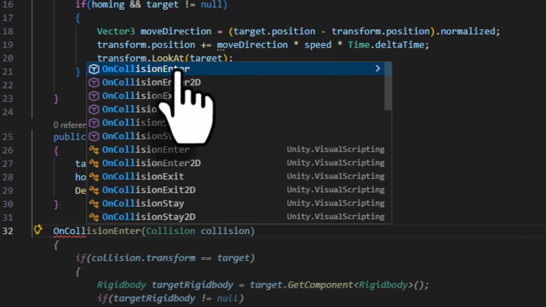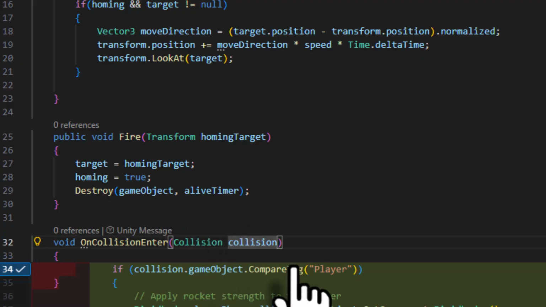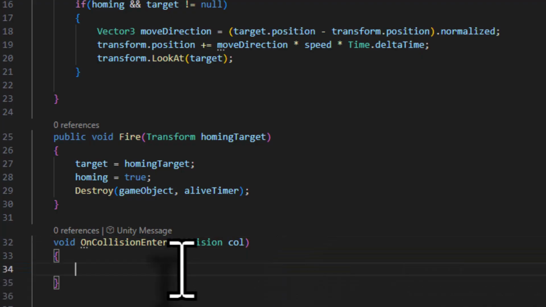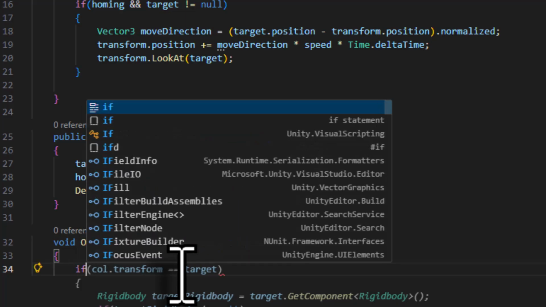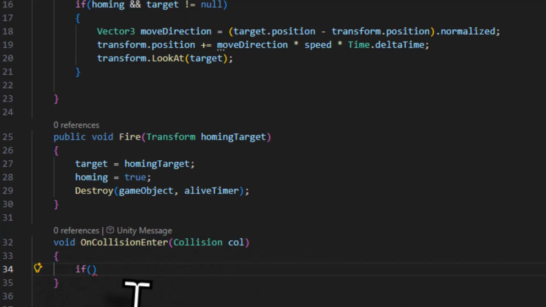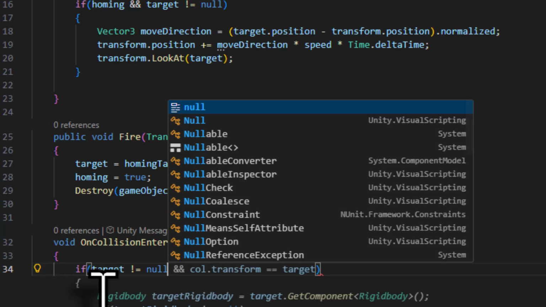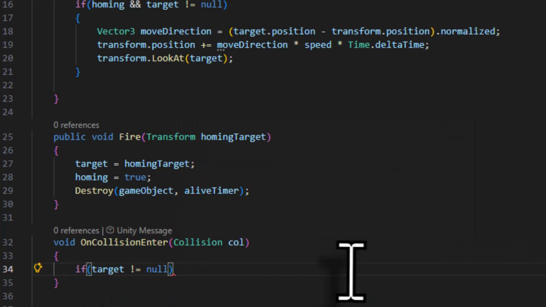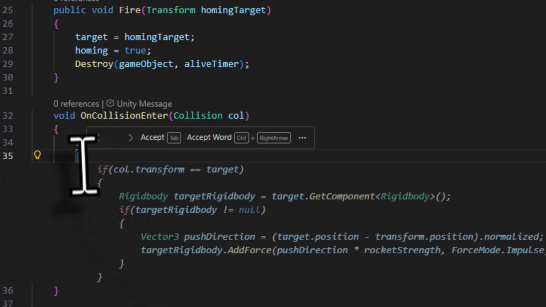So I will call this function. This is a built-in function. Add a parameter called Collision, and here I am going to call this in short as col. Coming into this code block, when our rocket goes and collides with any object, I will add if, open close bracket, and inside this the target, I will add an exclamation mark and equals to indicate that it is not null. If target is not null, then I will press enter, add open close curly bracket,